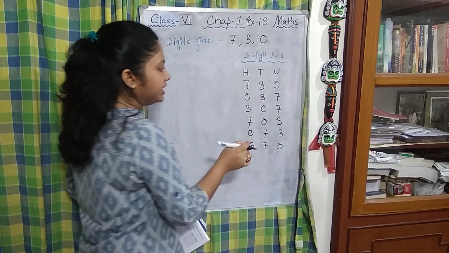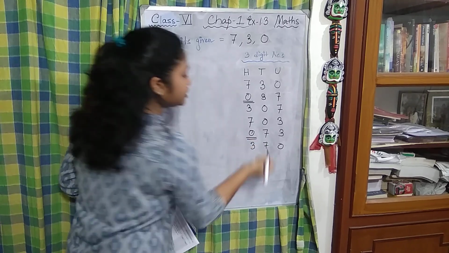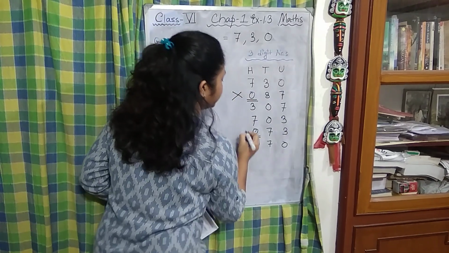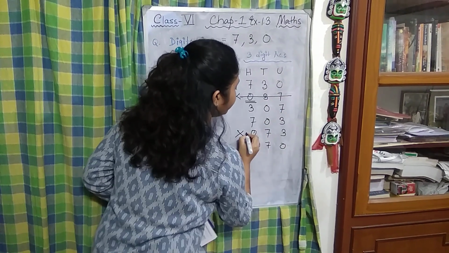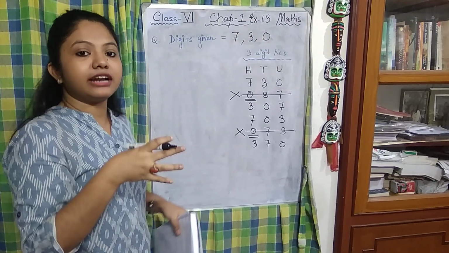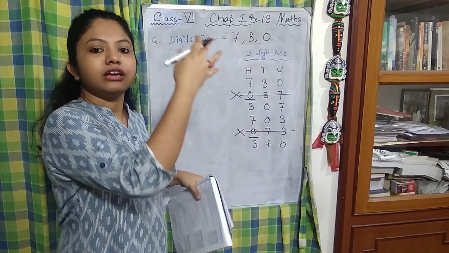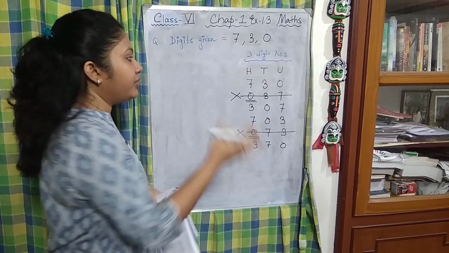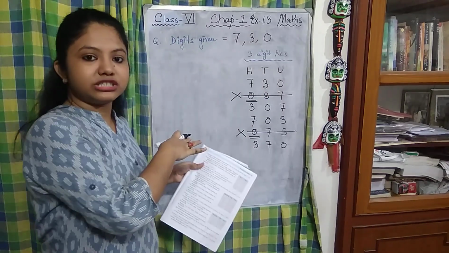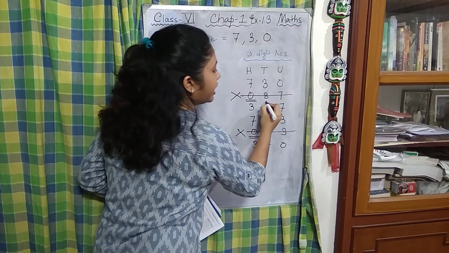A 3-digit number, that means if 0 is in the first position, it's not going to be a 3-digit number, no? So these are not included. So we have to keep in mind that when 0 is included, and we are told to make a 3-digit or 4-digit number using 730 or any digits including 0, when the number is formed with 0 in the extreme left position, it will not be regarded as a 3-digit number, because it is becoming a 2-digit number.